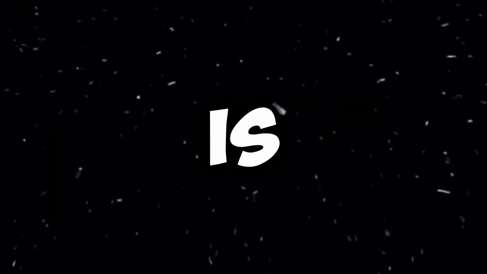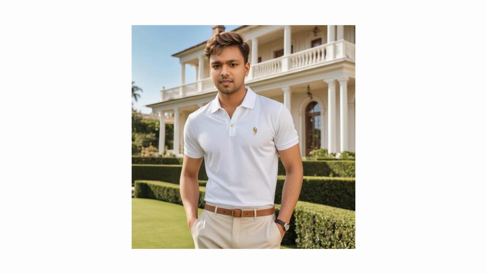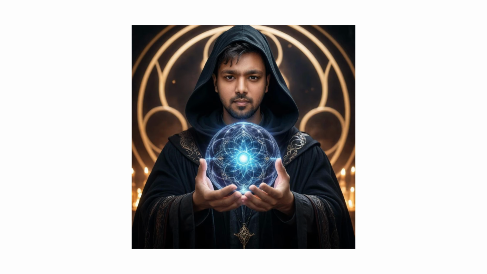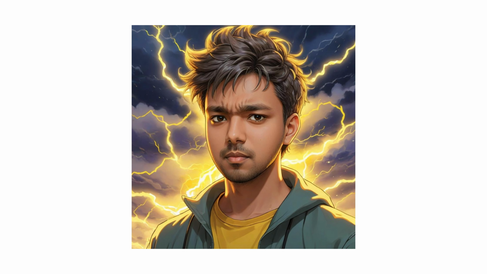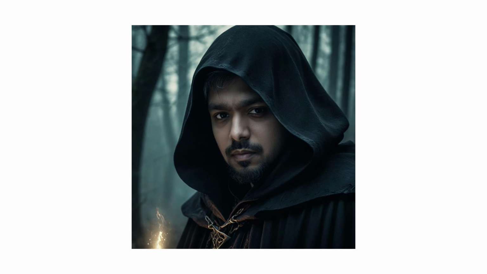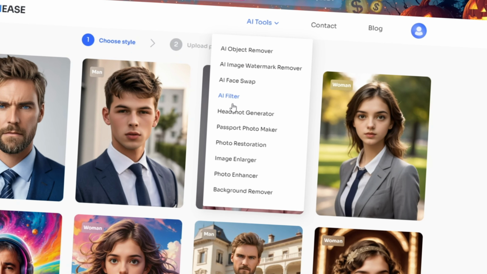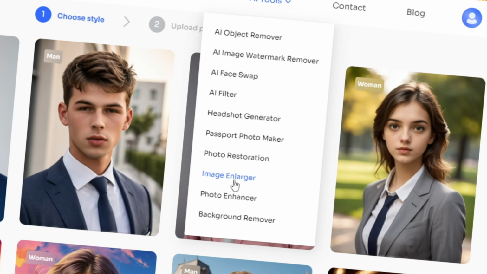Today's AI tool is going to be very special because it offers you over 60 different portrait styles. These include photo manipulation, artistic styles, Halloween styles, and old money styles. The best part is that you can use your own selfie to generate an accurate face photo. Along with this, you'll find several AI tools like AI Face Swap, Headshot Generator, Passport Photo Maker, Photo Enhancer, and